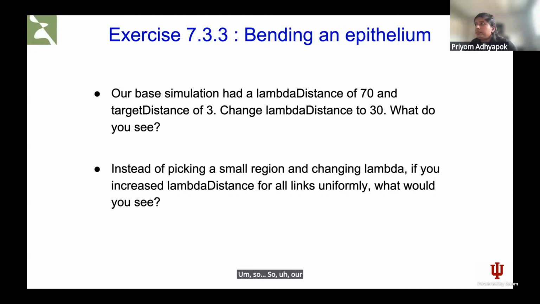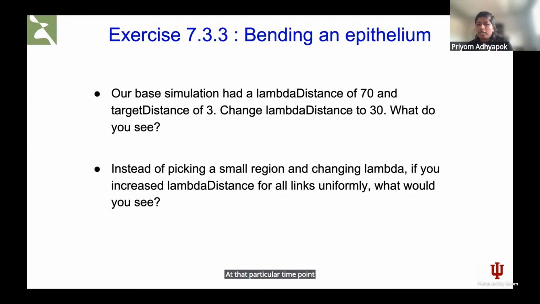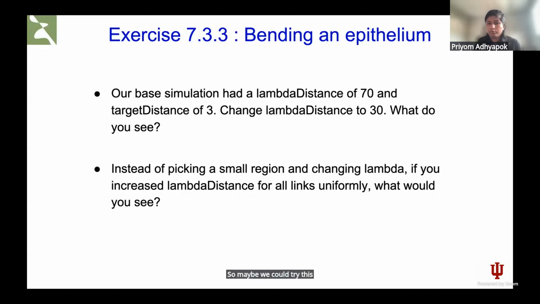Our base simulation had a value of 10 and we increased it to 70. You could also try playing around with that lambda distance value to see what other outputs you get. And the second question is, if instead of picking up a small region, at that particular time point you just changed lambda distance for all the links uniformly, would you still expect that same behavior to occur? So maybe you could try this out while I address a question from Troy,